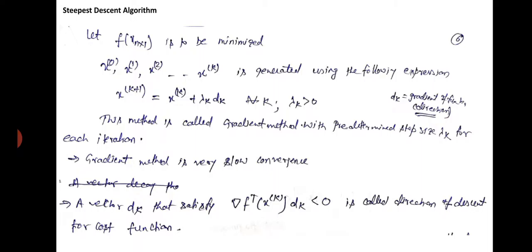So, this vector satisfies the condition of being less than 0, called the direction of descent for the cost function, as we have already seen. Now the question is how to calculate the step size, that is, lambda k equals lambda k star. You have to choose the step size lambda, a scalar value, for the kth iteration. Now f of xk plus lambda k dk, where lambda k dk is the perturbed value in x, which may be represented as delta x.